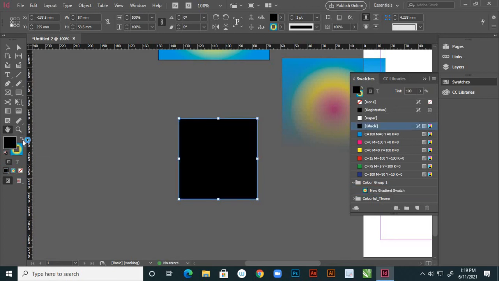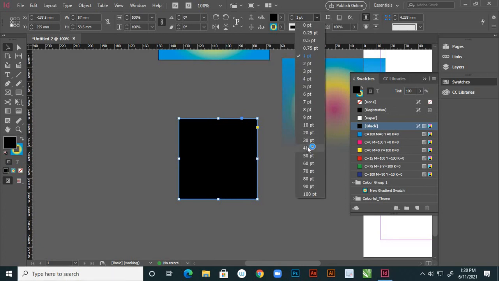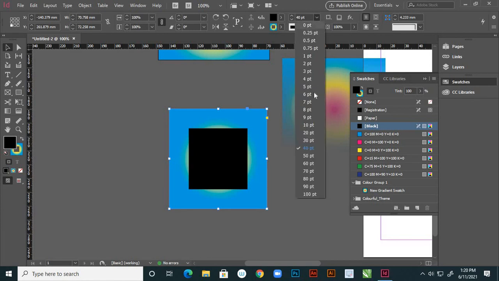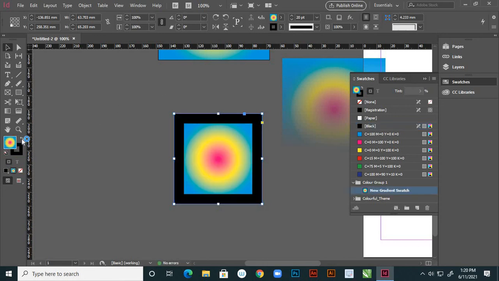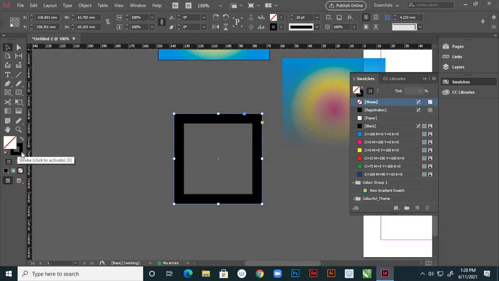Okay. And here these are the swap fill and stroke. Suppose you can swap your colors. Suppose this is my outline, the gradient color option, changing to applying to outline. Suppose here the outline is very thin, so we are not seeing that. Suppose I am giving this a 10. See, the gradient color is applying to this outline, right? So by swapping this, we'll get that, right? And this is the default fill and stroke color, showing fill none and stroke black, right?